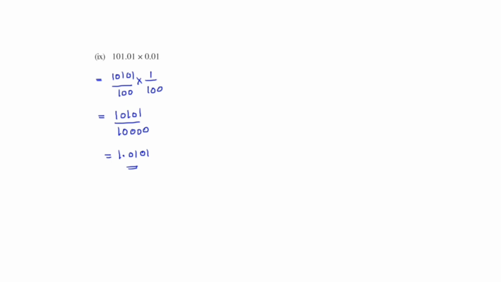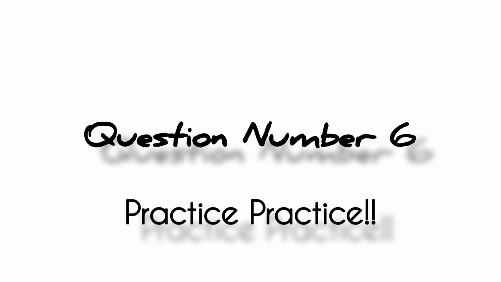Clear what we have done? Just count the number of zeros if we have a power of base 10, and then start counting from the right side going to the left, and after 4 digits put the decimal point, and in this way you will get the result. Like in this question we have got 1.0101. Since after the decimal there are 4 digits, and in the denominator we also have 4 zeros, we have checked and our answer is correct. So this is the way to do this type of question. For better understanding, as I said, do practice.